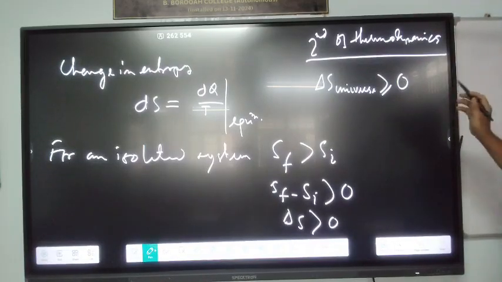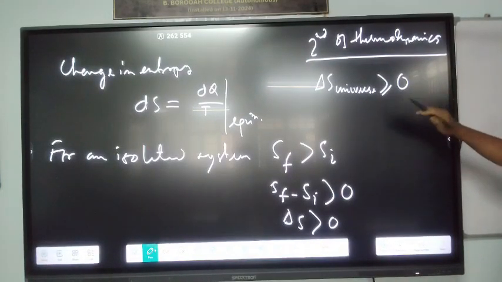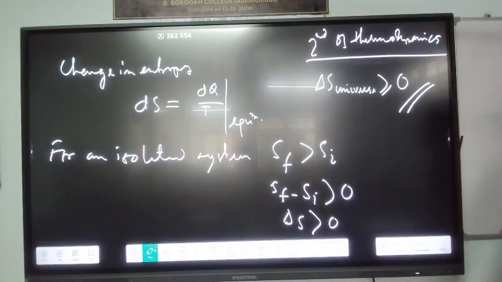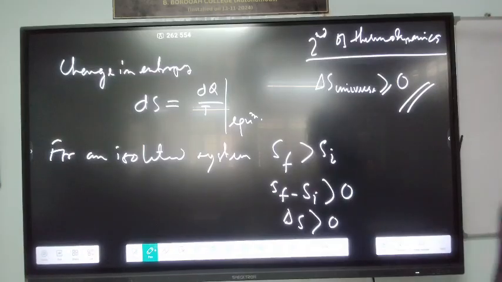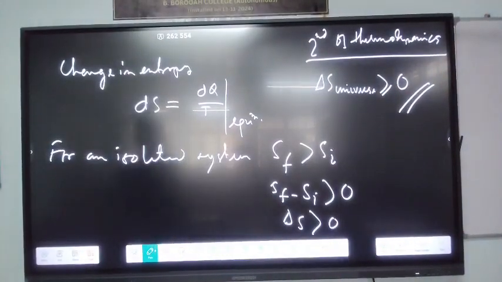Entropy always increases. So all these things we will see, but right now we will know that the second law of thermodynamics can be defined in terms of entropy, which is: the change in entropy of the universe is always greater than or equal to 0. It cannot be less than 0; the universal change in entropy cannot be less than 0. So all this we will see mathematically. After that, physical significance of some. So right now you just know that there is a term called entropy, which we got